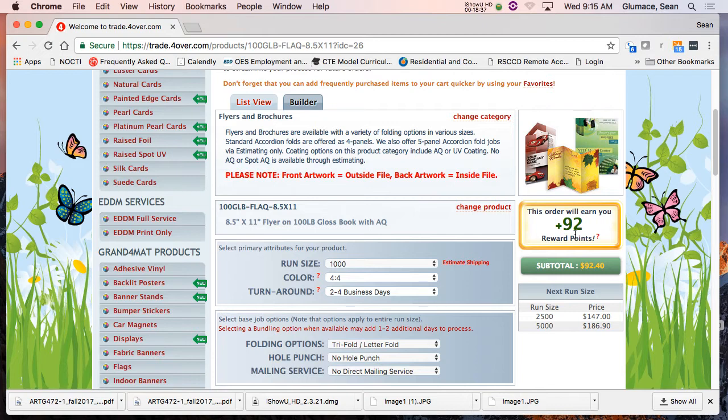And once again, let's say the client says, we'll just do $1,000. They have $1,000 for this job to print and to pay me. So what I'm going to look at is I can run them 5,000 units for $186. This is not that big of a profit margin for me between $92 and $186. It's only less than $100. So what I'll come back and tell the client is I can run off 5,000 units for you and deliver them, and design work.